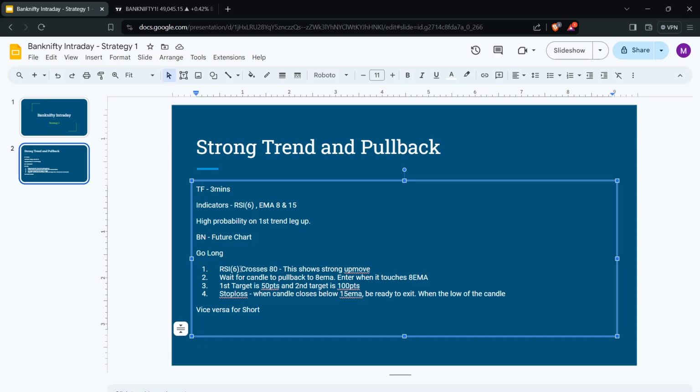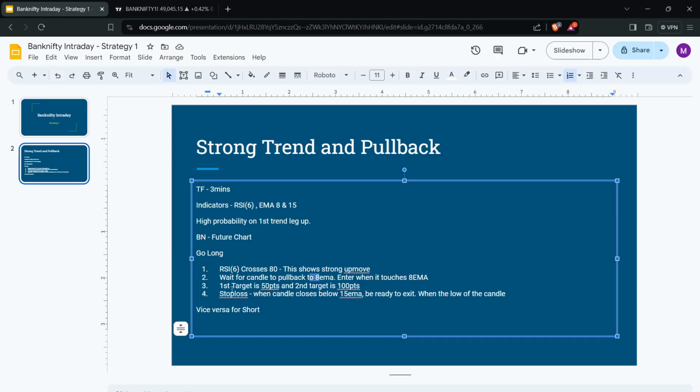So when RSI 6 crosses the 80 line, this actually shows the trend is in a strong up move. So do not enter as soon as you see this, because it is going to pull back, and it won't pull back so deep, right? Because the trend is strong. Mostly it will pull back a little bit, and we need to find a way to enter, right? We can't enter every small pullback, so we're defining something like 8 EMA, and when it touches 8 EMA you